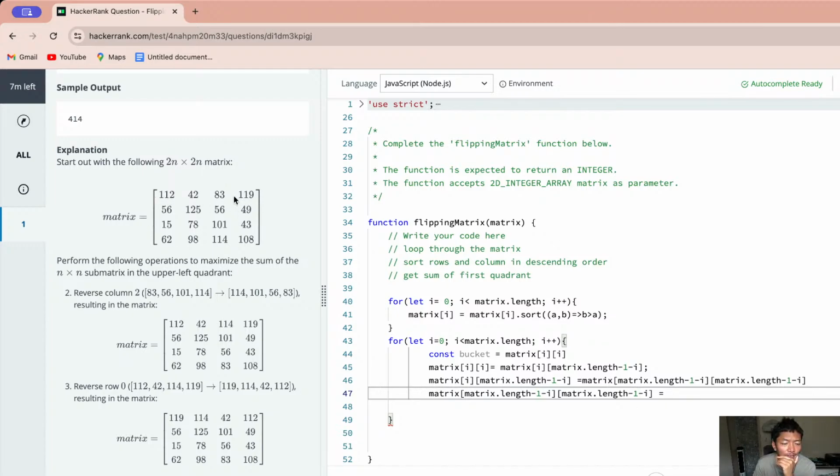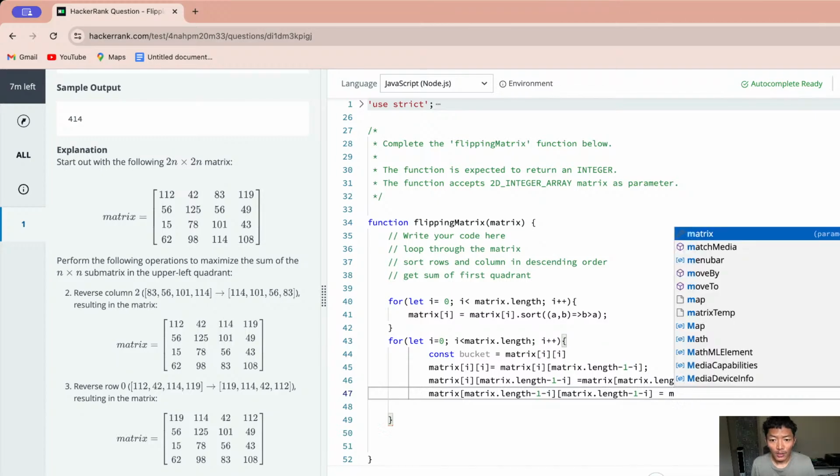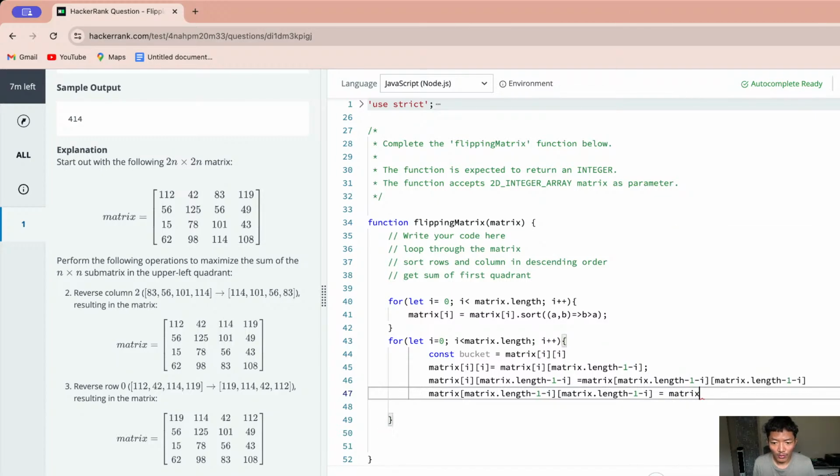We put i here, this one here, and this one here. We need to put this one here, right? So that will be matrix of, this time matrix of, so row is 0, so that will be